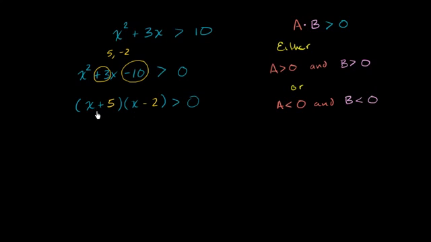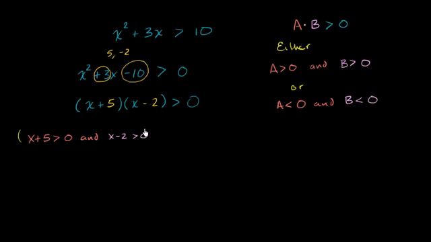That means that either both of these expressions are positive or they are both negative. So let's write that down. So this tells us that either both of these expressions are positive. So either x plus 5 is greater than 0 and x minus 2 is greater than 0. So either this, or